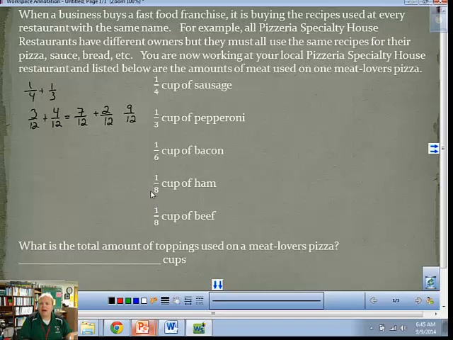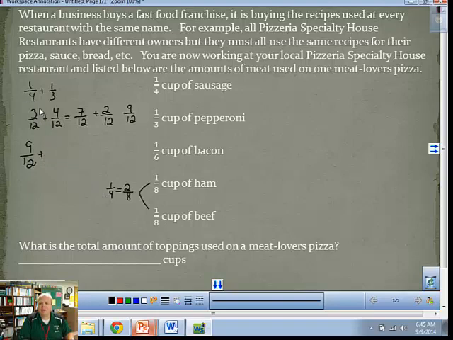I can go ahead and add these two together since they're common denominators, and that is 2/8. And 2/8 reduces to 1/4. The reason I did it that way is because it's easier for me to add this to here than the other way around. So I bring my 9/12 down,